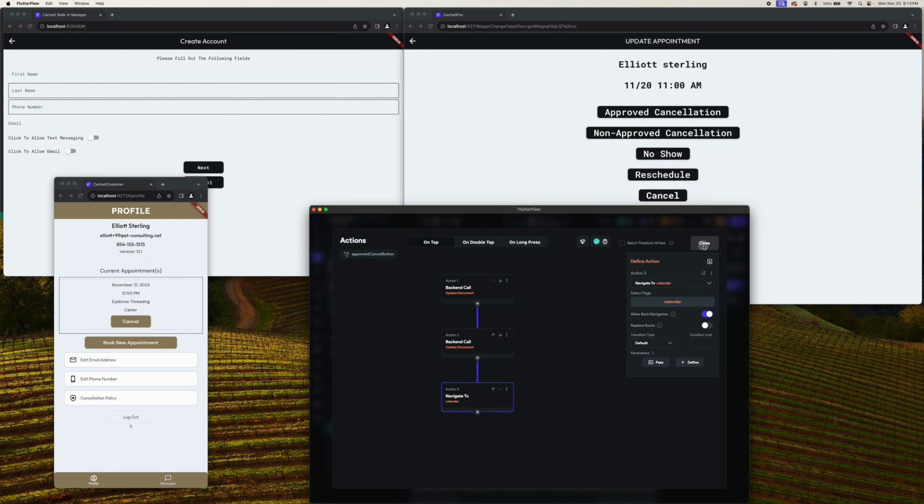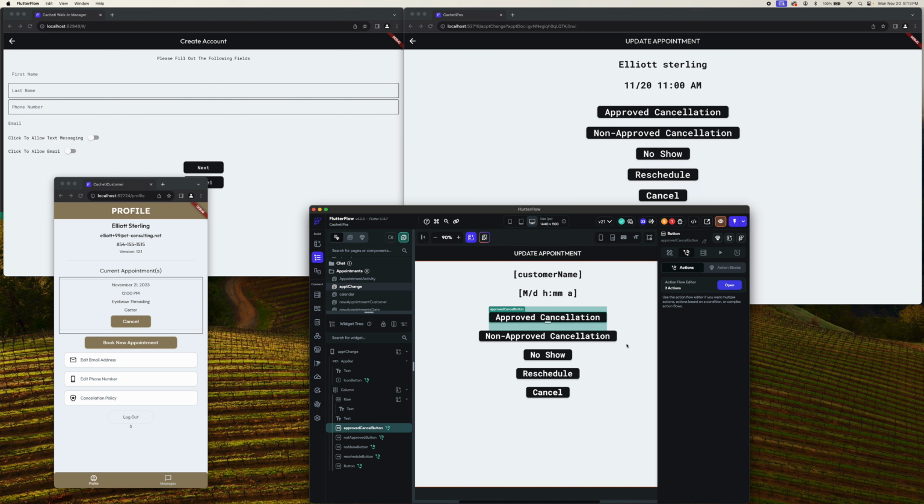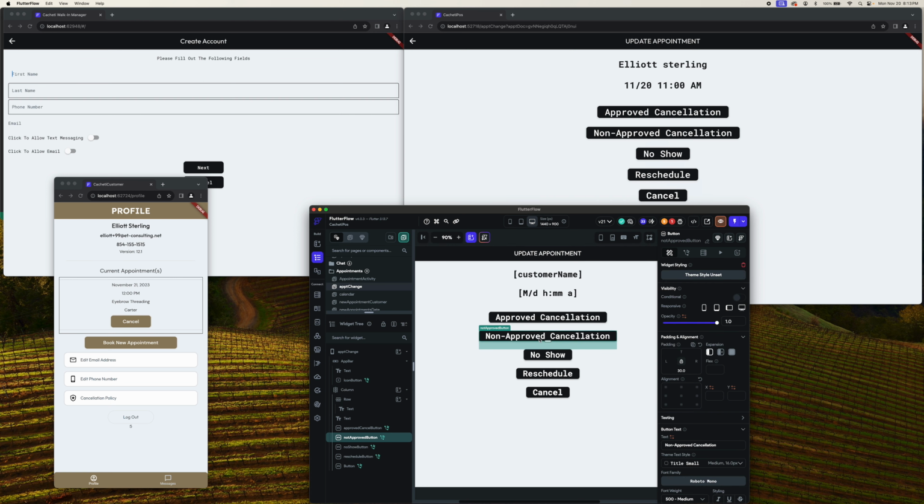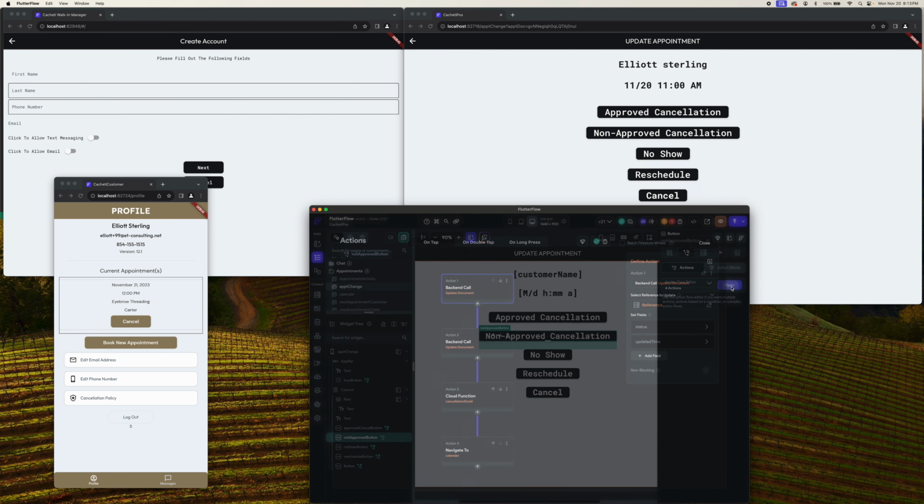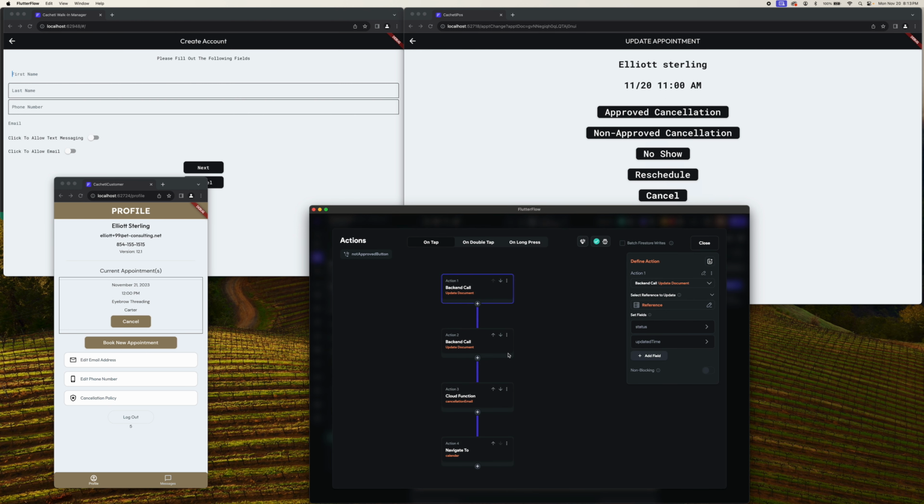But let's say for instance there was a non-approved or no-show. Now this is going to add a couple other actions. These are all going to be the same, just different ones. But then we're going to hit this cloud function here that is going to send out an email to the customer. It's the biggest thing, to let them know that their appointment change was not approved, or if it was a no-show. That's very important, and I guess it's something I needed to go through on the customer's part, on the customer app when booking appointments. So I'm going to jump back over there,